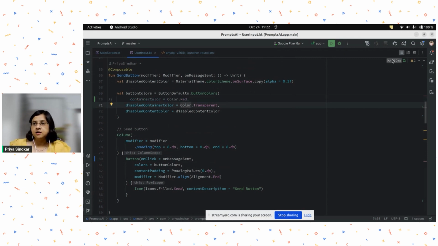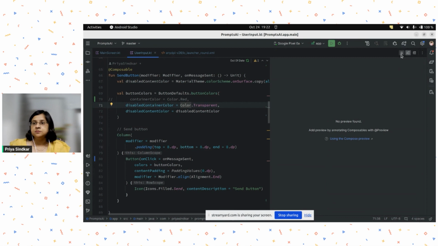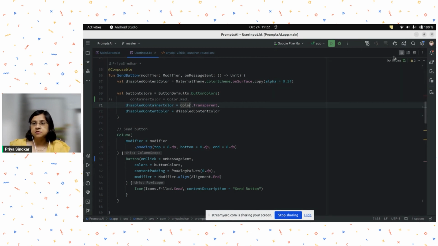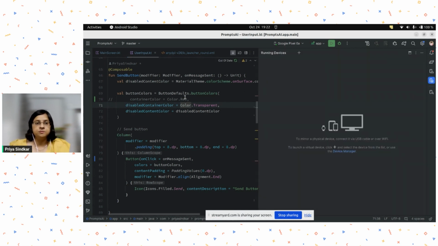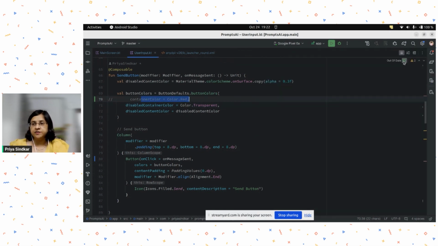And as you can see here, "out of date" comes up, which means that my composable is still out of date, which I'm seeing on my device, and I would like to run Live Edit to see what this particular change does. I cannot show you here, but if I start and go and update it, it will update my UI without me having to run the app again, which is again a really cool feature, because Instant Run